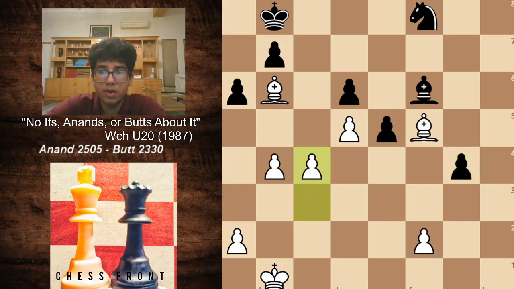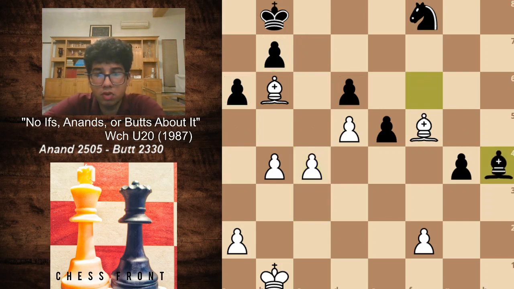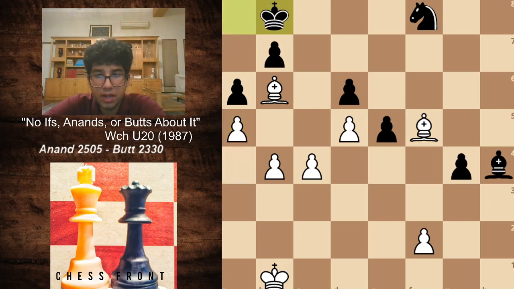He plays c4, threatening to push all of his queenside pawns up the board and basically exploit the fact that he has a better pawn structure than black. So bishop h4 was played, trying to get his bishop back into the game, but to no avail. a4 even, king a8 because there's literally nothing else he can do. a5, king b8, and c5.